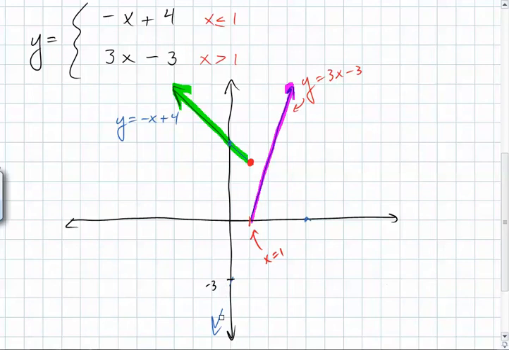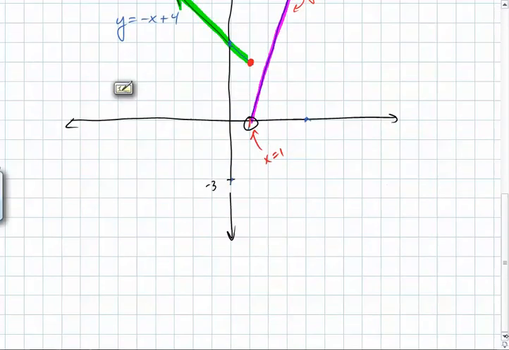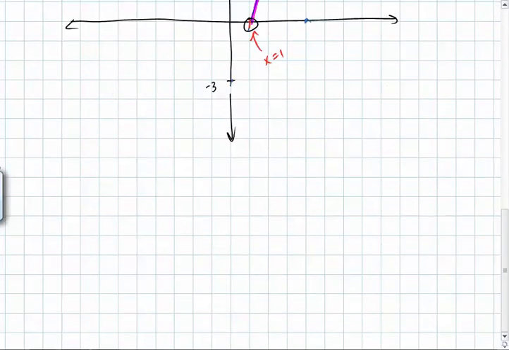And since it's strictly greater than 1, oop, I undid a little too much there. Let's put that back. So actually, that was perfect. So we get rid of it all like this. And now it's an open dot right there because it's greater than 1. It can't touch 1 right there. So there you go. There's the graph of that function right there. So to summarize, a piecewise function is simply a